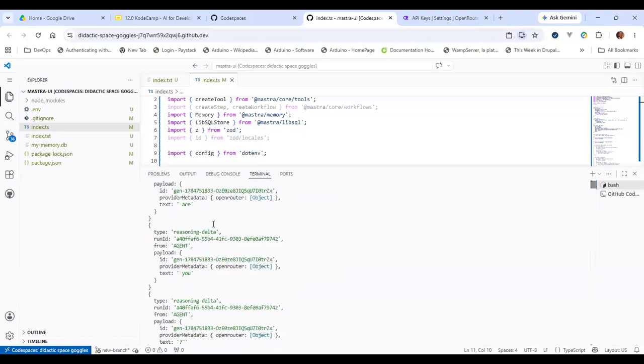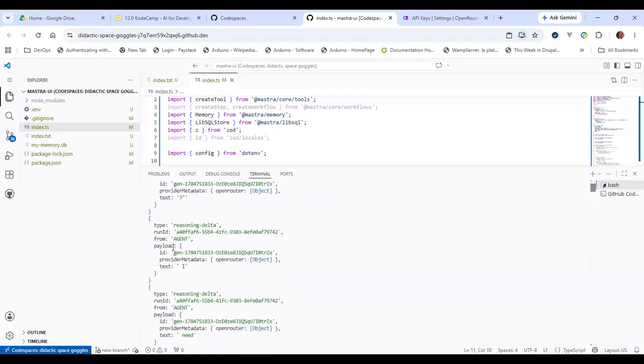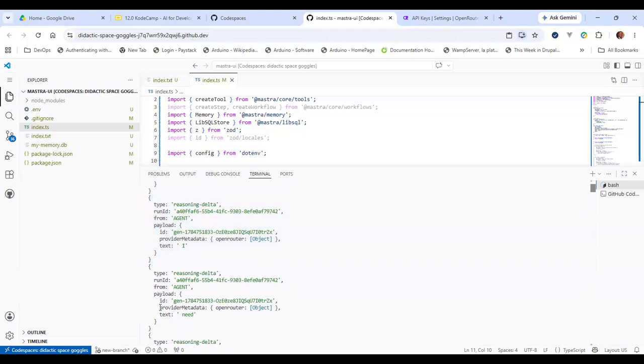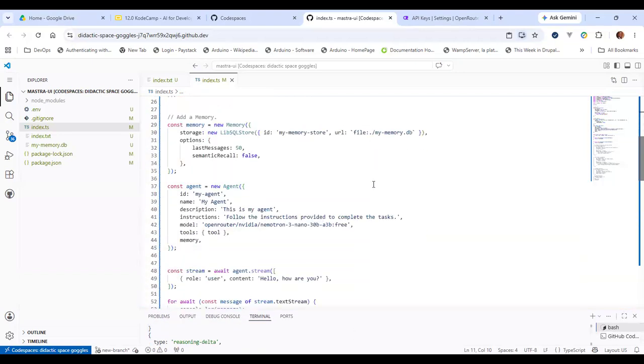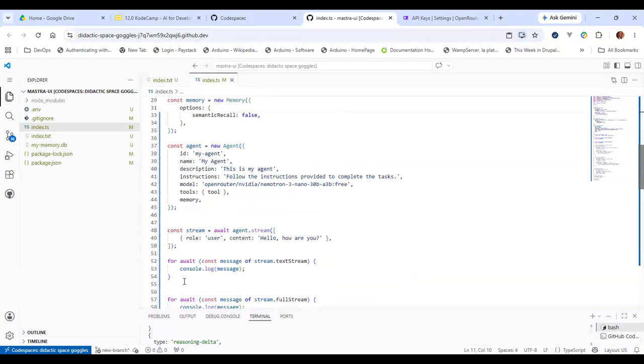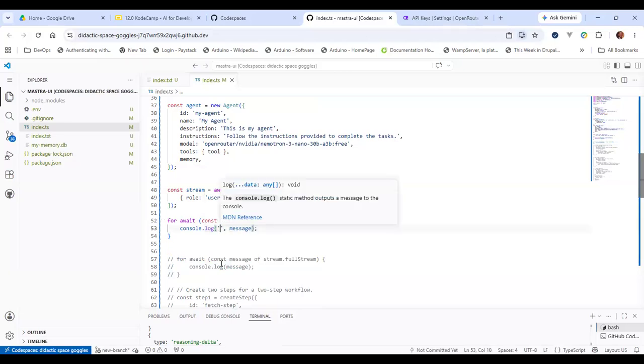So now it works. If you look at everything here, you will see that it is actually giving me delta as I am streaming. It is giving me structured output. Maybe I should, so what I did was I did both, but let's take it one at a time so that we can really see the streaming. And this time around, I will also put a message, let me just call it chunk.